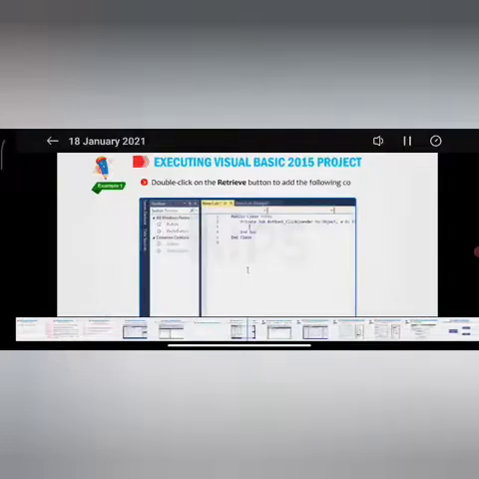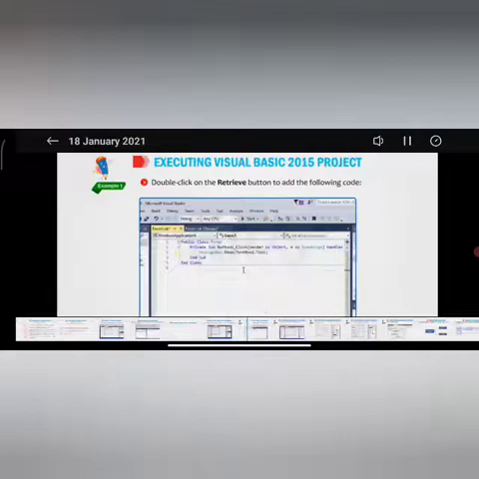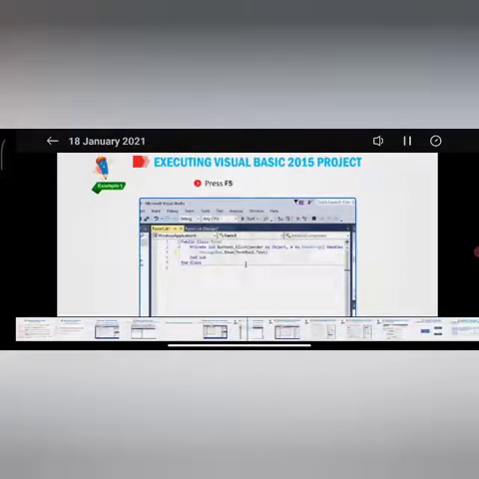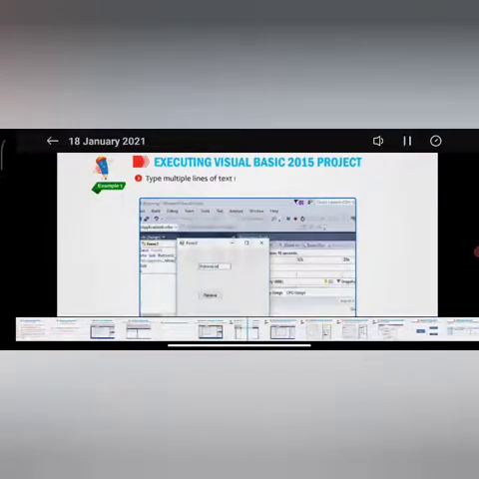Double click on the retrieve button to add the following code. Press F5 to run the program. Type multiple lines of text in the text box and then click on the retrieve button.